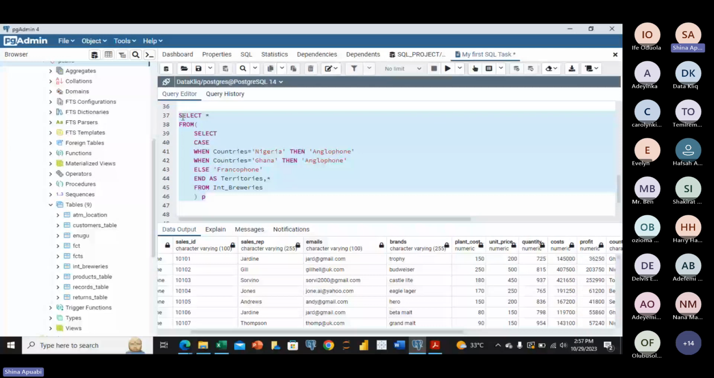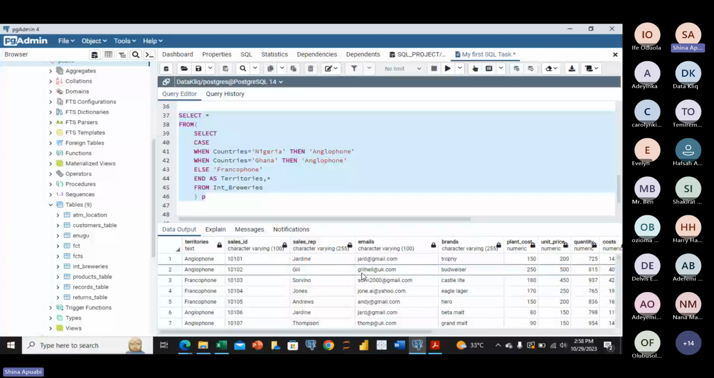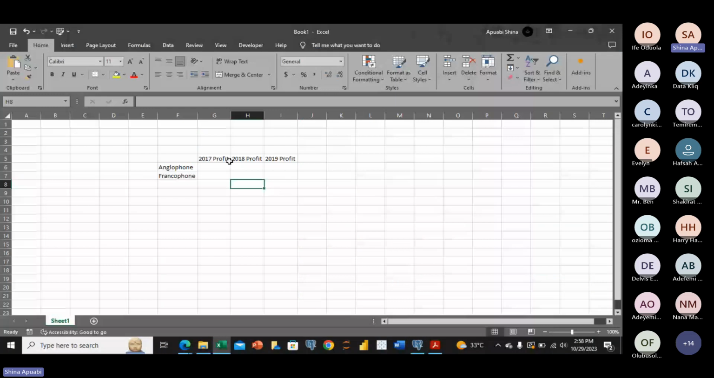So now we have the Anglophone, everything is now being factored. Now we can do something. It's still going to be like the case. So we can say, okay, we'll create 3 columns: 2017 profit, 2018 profit, 2019 profit, together with the ones we have. So we'll just say, okay, case,